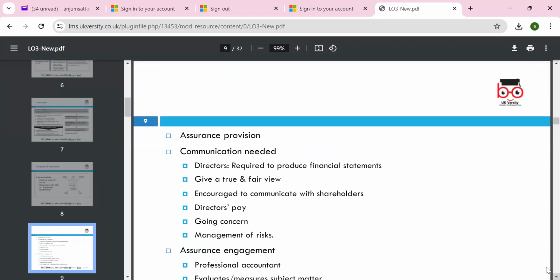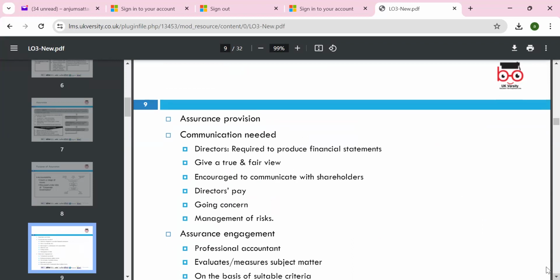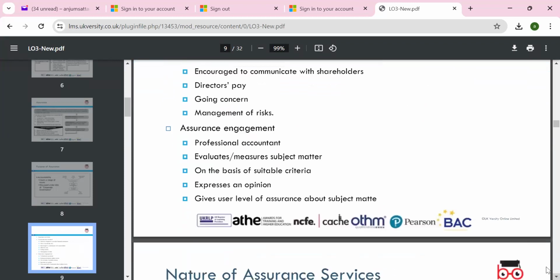communication needed. Directors are required to produce the financial statements, true and fair, and evidence needs to be communicated. The directors report on going concern and management of risk. We have a risk committee and risk register. That's quite crucial. So assurance engagement: a professional accountant evaluates and measures the subject matter on the basis of the